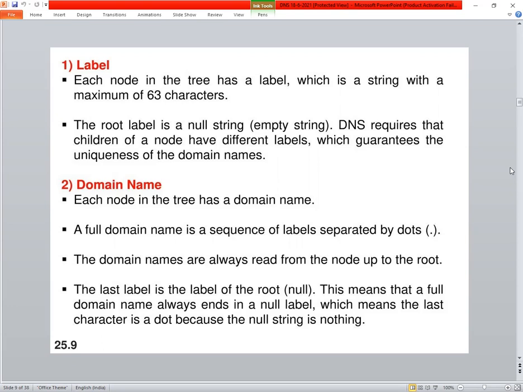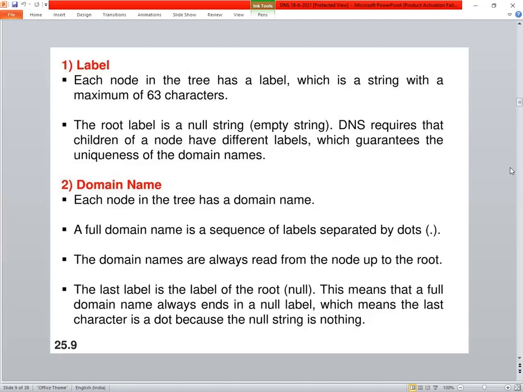So what are domain names? Each node in a tree has a domain name. A full domain name is a sequence of labels separated by dots, and it is always read from the node up to the root. Try to understand: from the node up to the root, from right to left, not left to right.